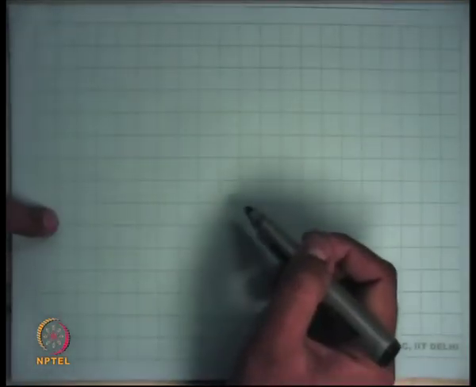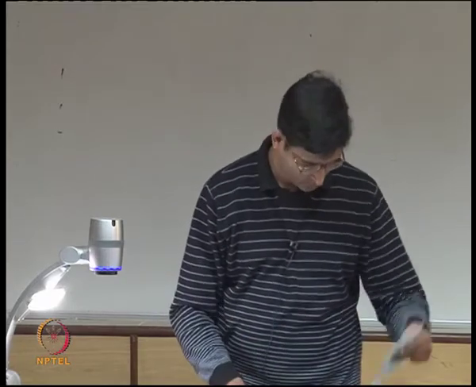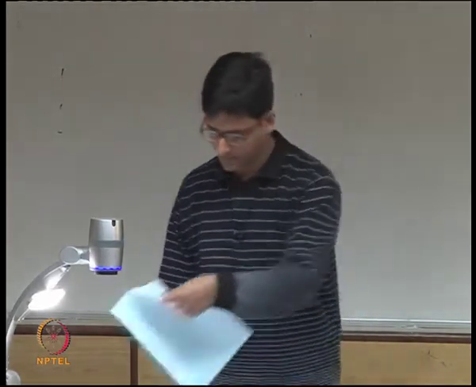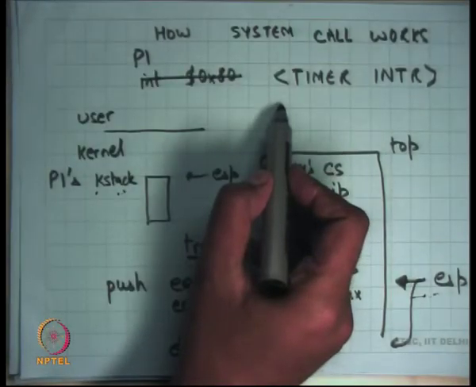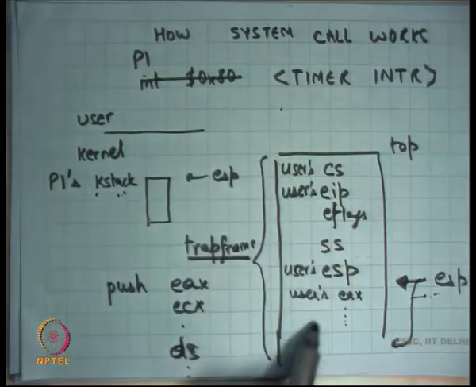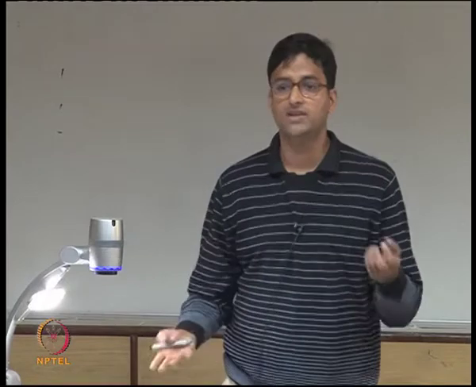Finally, I gave you an example where the timer interrupt occurred while the process was executing in user mode. I said P1 was running, and the timer interrupt occurred in user mode, and all this started happening after that. But can a timer interrupt occur while the processor is already executing in kernel mode? Yes, why not? The timer interrupt has no idea whether you are executing in kernel mode or not.